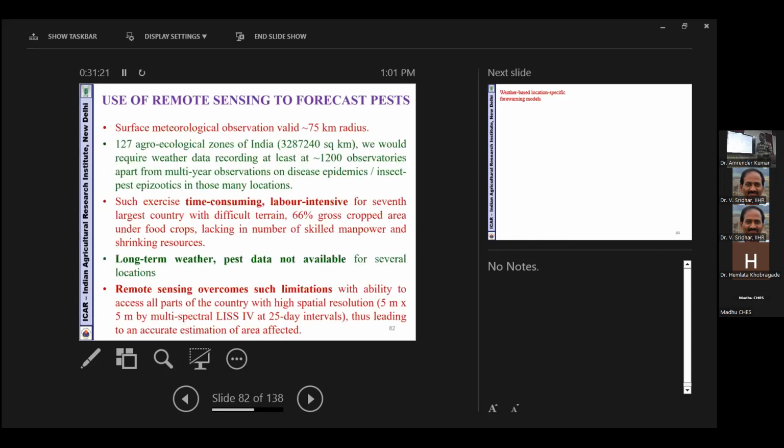Now I will tell something about remote sensing to forecast pests. Already before, there was one full-fledged lecture by Dr. Prabhakar, so I will not go into the details of this aspect. But I will tell you what I did through remote sensing. I did not develop any images. I got the images. From the images, I converted the data to the SatMet agromet product, a satellite-based